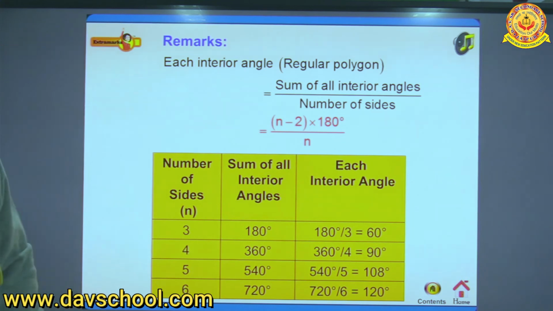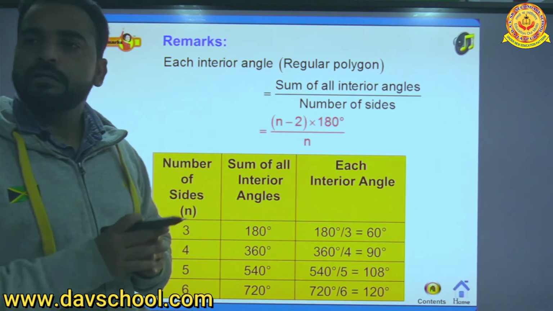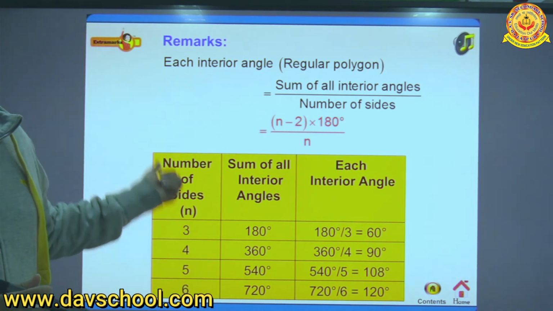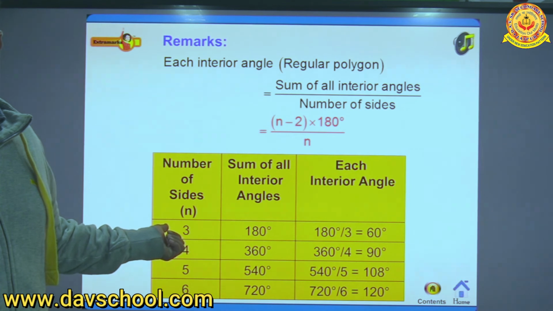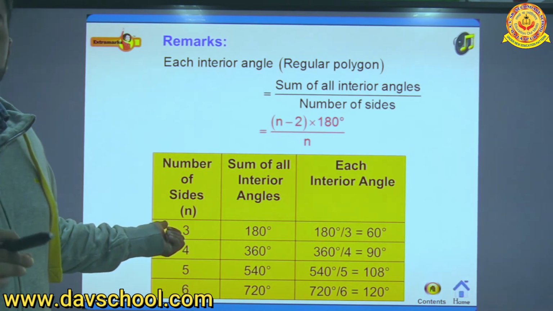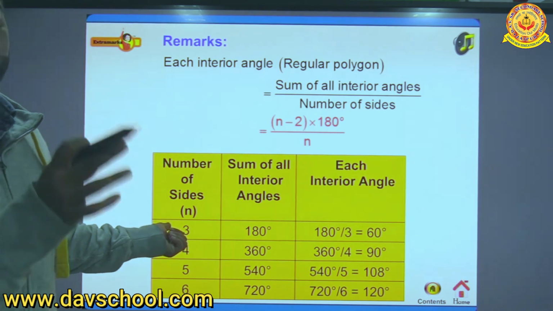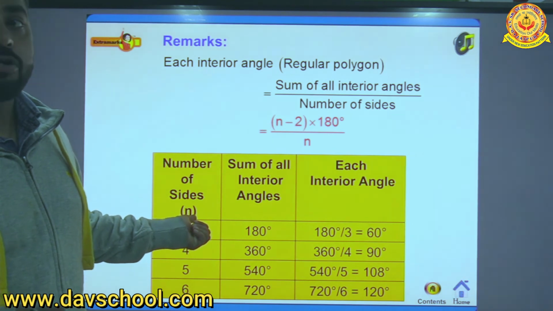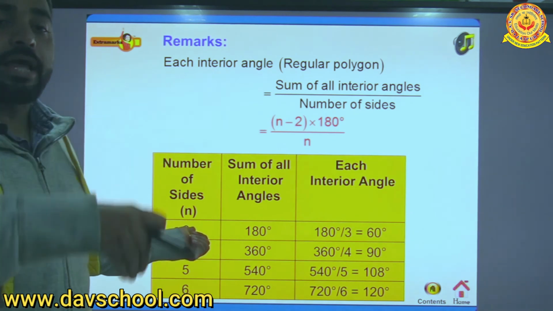So here it is given that in a particular figure, the number of sides are all equal, so you can find each interior angle. When a polygon is irregular, we cannot find each interior angle. But when there is a figure which has equal sides, a regular polygon, then only he can give you what is each interior angle of a regular pentagon. He is not saying find each interior angle of a pentagon. He uses the term regular.